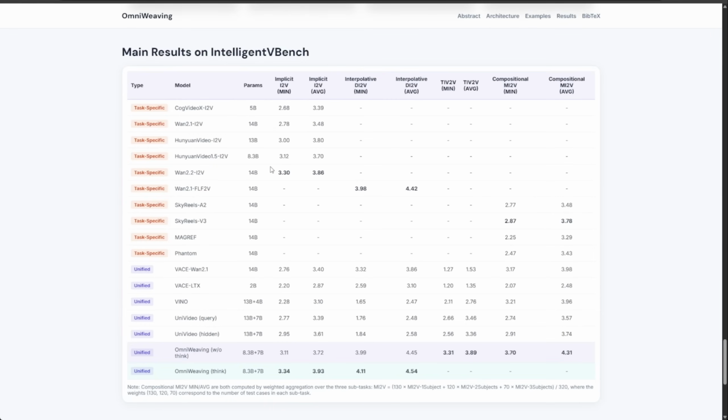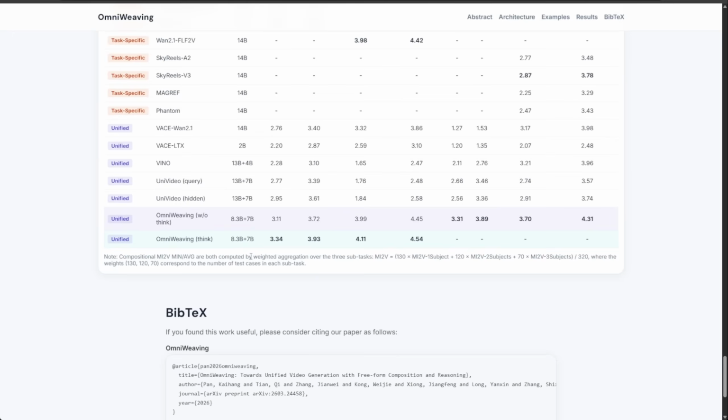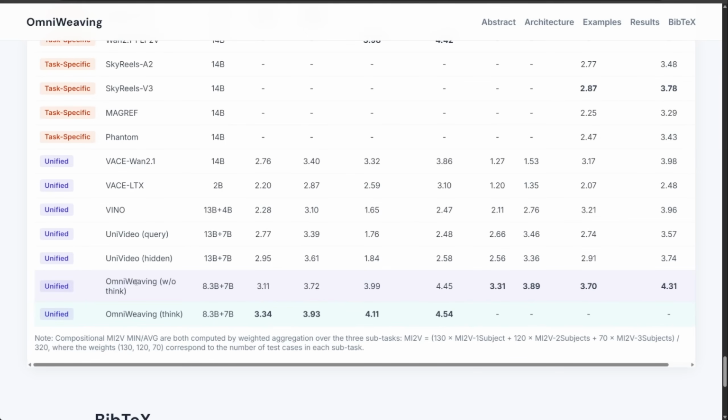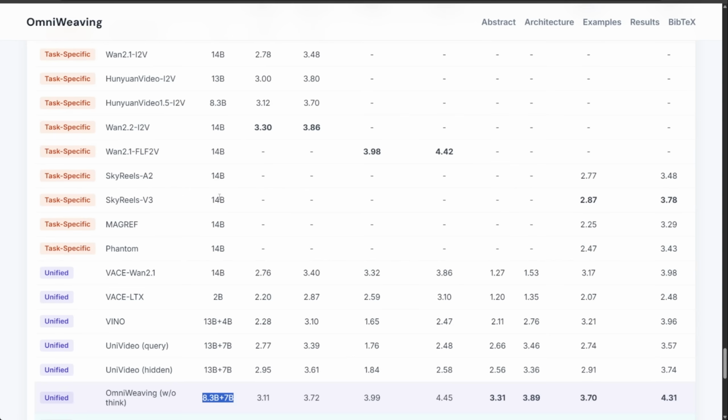Now, regarding performance and benchmarking, I won't dive too deep into all those numbers, but here's something important. OmniWeaving, whether with or without thinking mode, uses about 8.3 billion parameters for the diffusion transformer. The text encoder, Qwen3VL, adds another 7 billion parameters. For an all-in-one video generation and editing model, that's actually quite small compared to other AI models on the list, like WAN 2.2 or Skyreels V3, which sit around 14 billion parameters, but typically handle only one or two specific